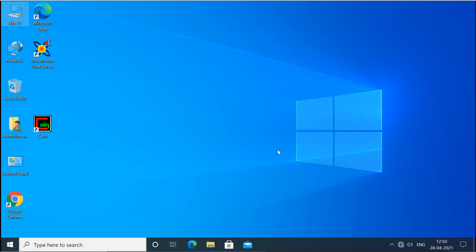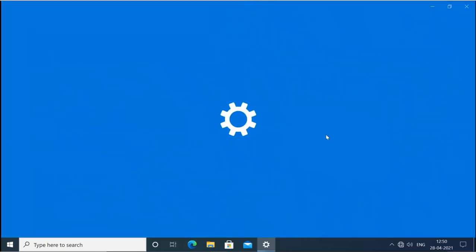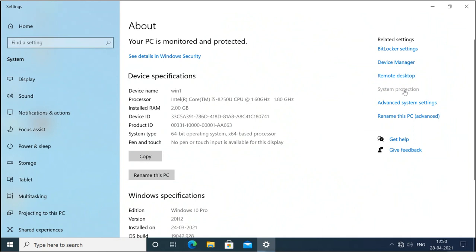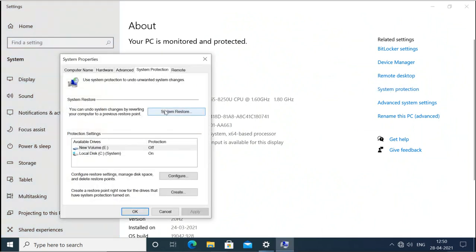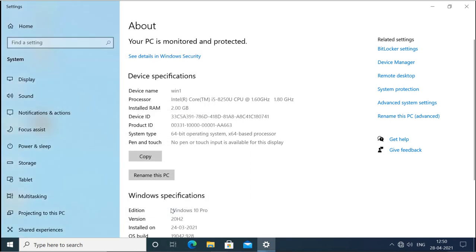If your machine is stuck in a restart loop, then you will not be able to come here, right click, go to the properties, go to the system protection, and you cannot do this system restore from here. Even if you have a restore point created, you can't recover from it.